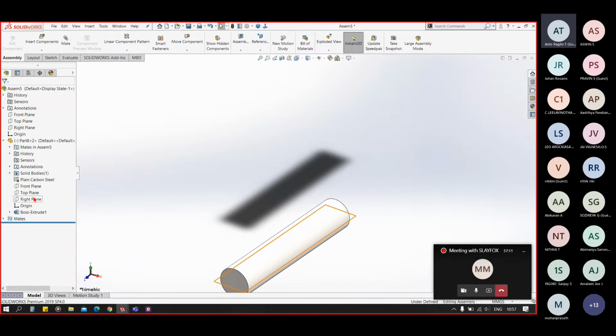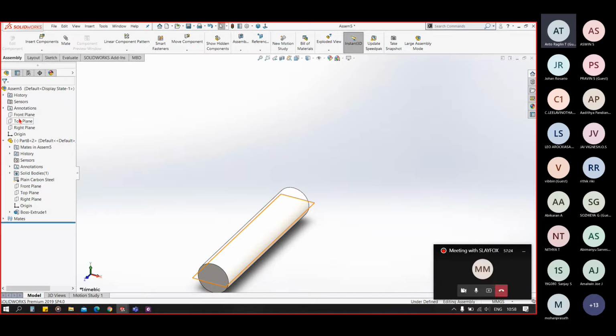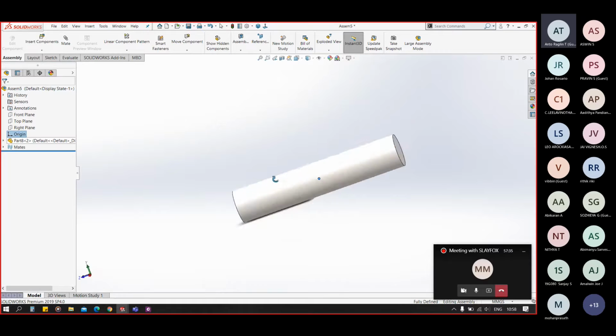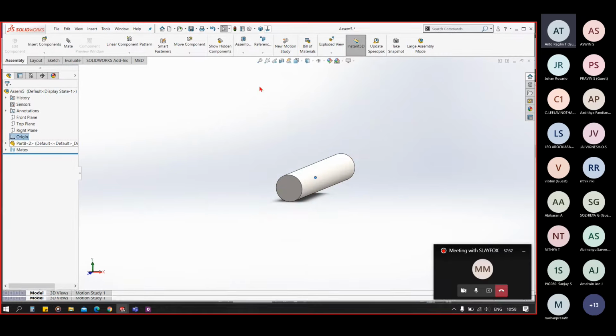Now you can see both the planes are coincident. Now again for the front plane and right plane in the assembly, again making them coincident. Now again the front plane in the assembly and the top plane in the part, I have made them coincident. So you can see the origin is at center and our part is in horizontal position.